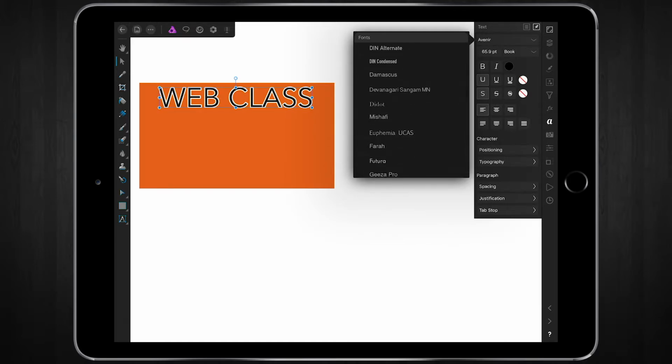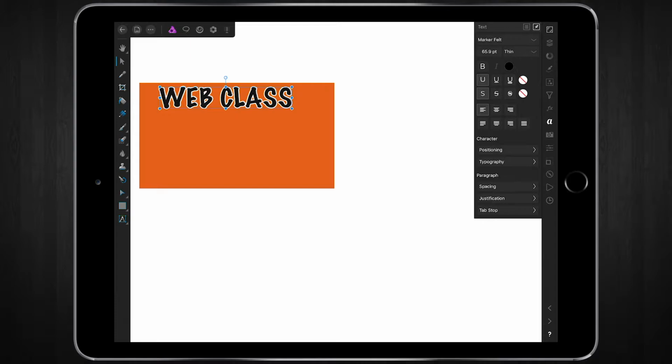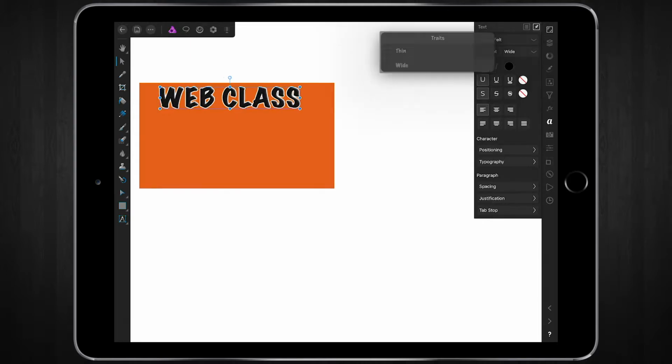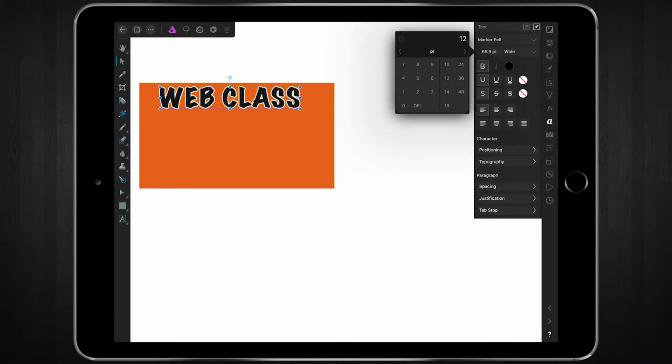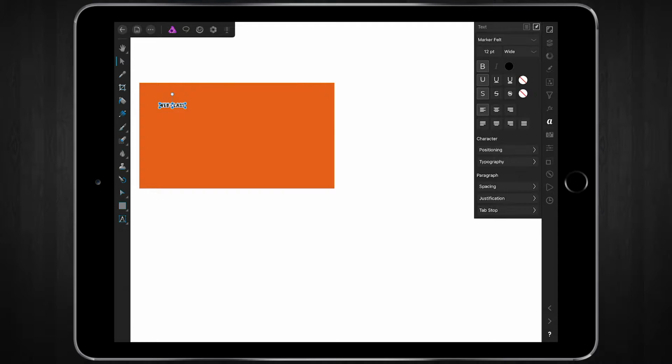One of the texts that I use all the time is called marker. Where is it? Let's see here. I actually don't see it. Oh, here we go, marker. All right, so this is a text I use all the time. Now, I always change the width, and then after that, I could change this to pixels or whatever case may be, but I actually like this, so I might just